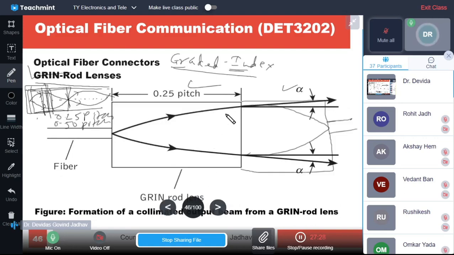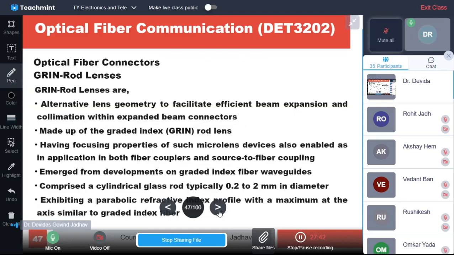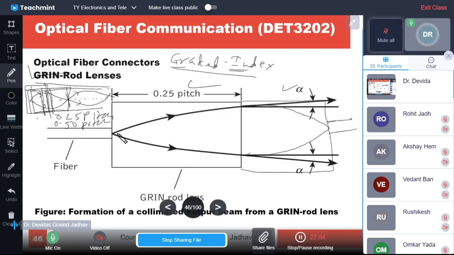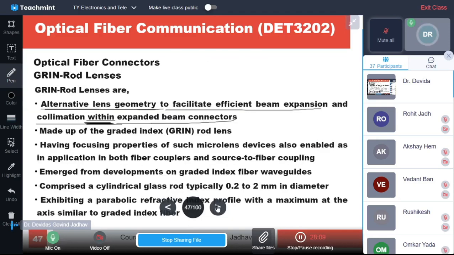Sometimes if you cut a slight portion, and it becomes 0.23 or 0.29, then some portion may go into free space also, but most of the part is within the connector. It can go into free space also, and we can place the lenses slightly apart also. What is the drawback with this, we will also see, because we have to butt joint the fiber with the lens, because the focal point is exactly on the surface of the lens.